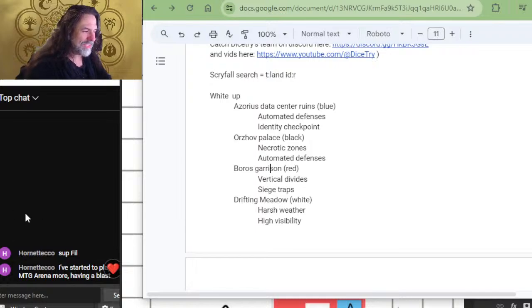These different land types have different types of hazards associated with them. An Azorius data center is a high security area where Azorius is still actively present. So they would have automated defenses and things like identity checkpoints. They would check its data source against who you are, and you would have to try to deceive them by using mana, like maybe an alteration spell,